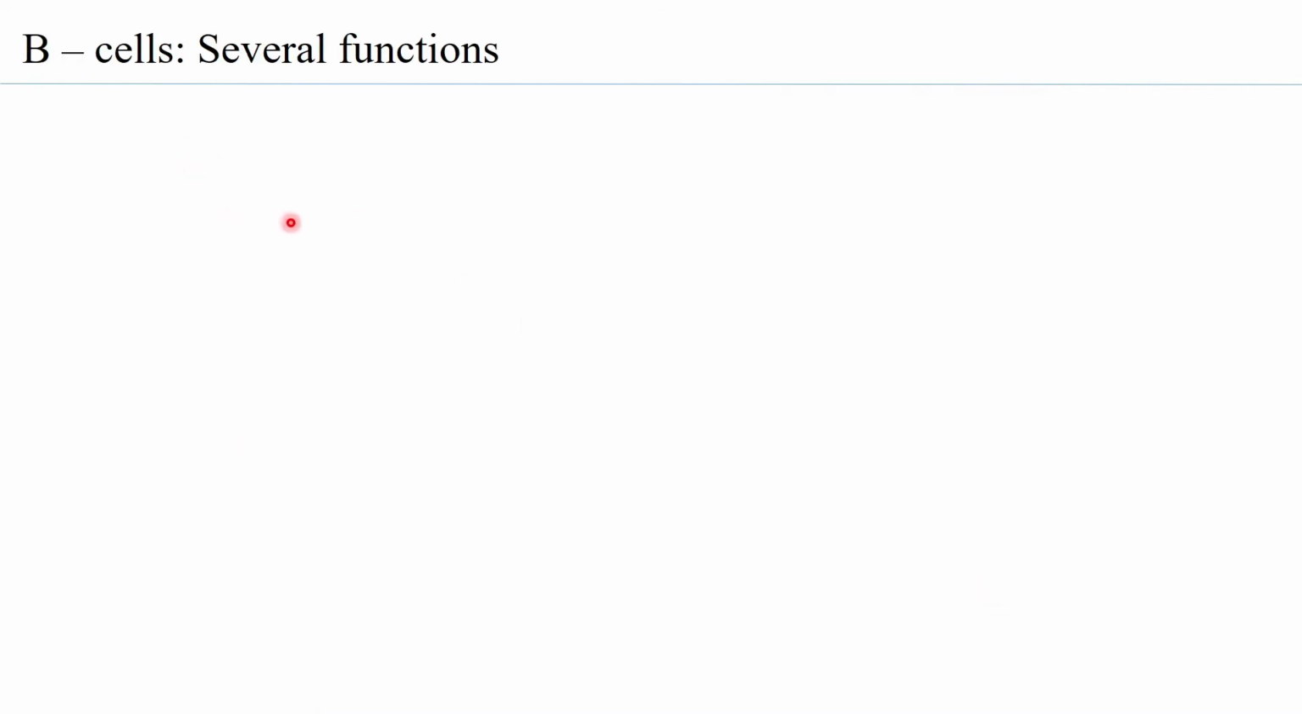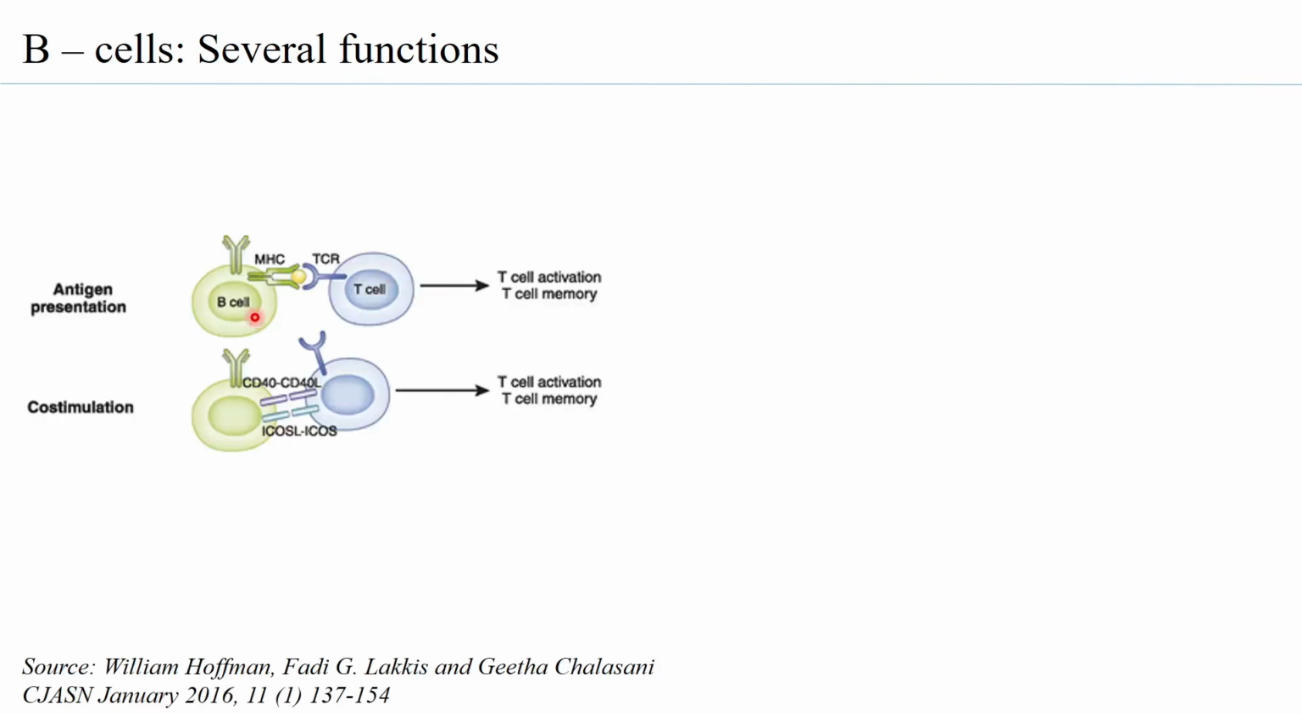So, apart from just antibody production, B cells have several functions. It can act as an antigen presenting cell. As it acts as an antigen presenting cell, it can activate a T cell, and these T cells can further get activated and lead to formation of T cell memory as well. Then, because it has surface molecules that can interact with each other, the T cells and the B cells can co-stimulate each other, thereby resulting in T cell activation and T cell memory,